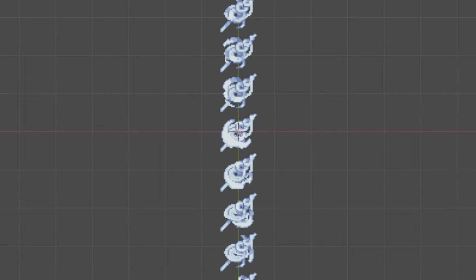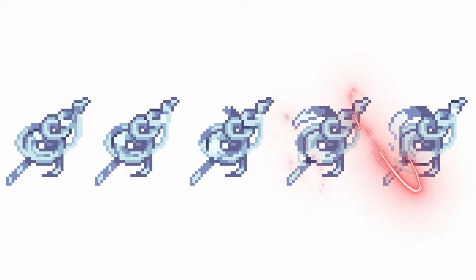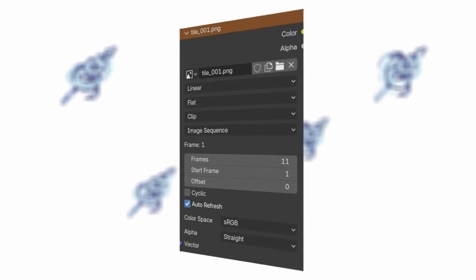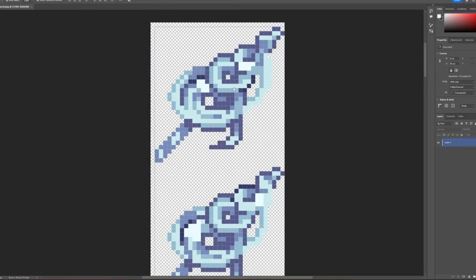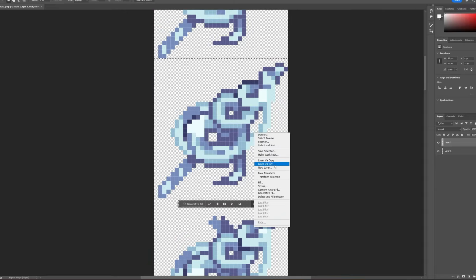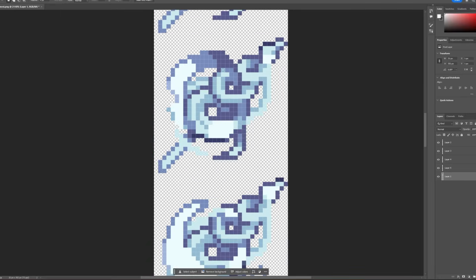To make it work in Blender, I have to slice that PNG into smaller parts and use the image sequence node to play it frame by frame. Doing that manually for every single image in every project would take forever. So I thought, what if I had a tool that could do it for me quickly and easily,